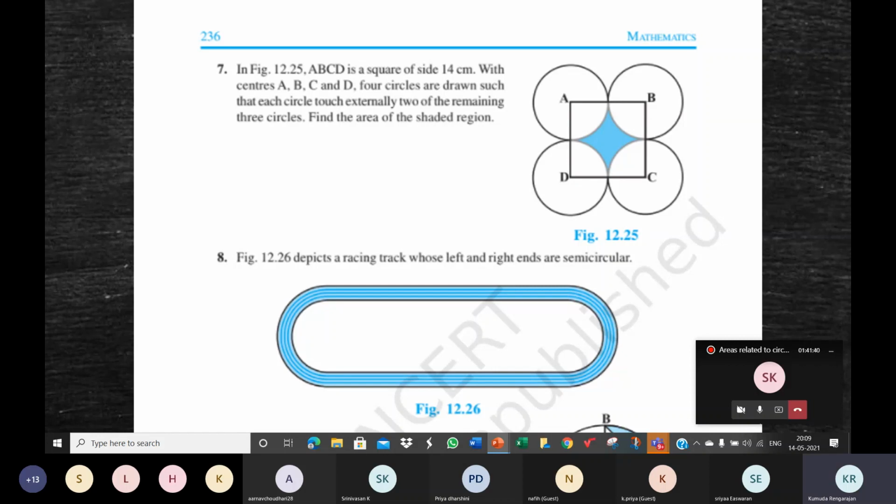Write down, children. I want to say something. Please write this down in your book. Sometimes the figure is not provided. The question will be in words and it will go like this: 4 congruent circles. Please make a note of this. 4 congruent circles are placed in such a way that,